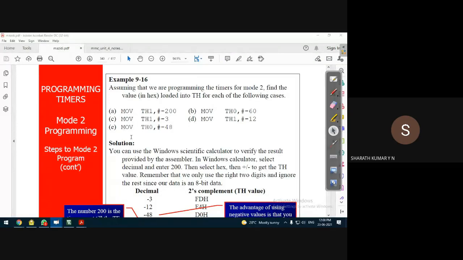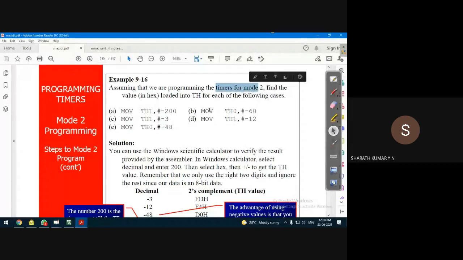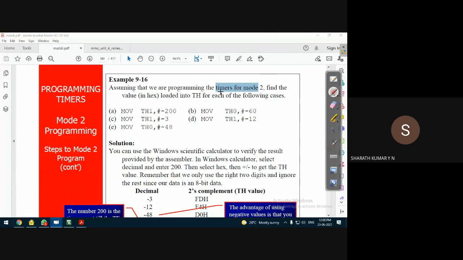Let us say, for example, we are using a timer, any mode of operation, especially timer mode operation. How to calculate the value to be loaded to the timer, guys? To calculate the value to be loaded to the timer, we follow the hexadecimal method or the decimal method. For example, the number of clock pulses to be counted is, say, 100.